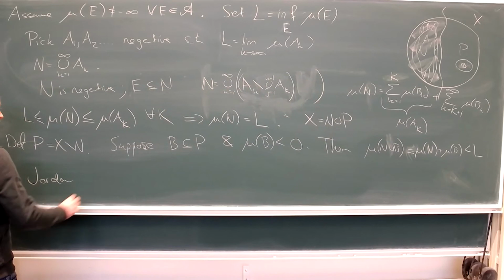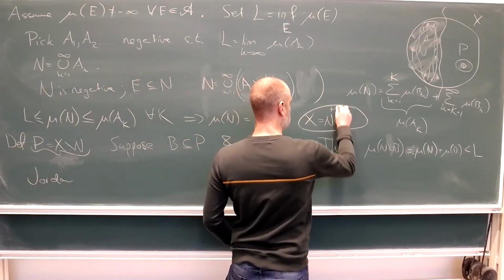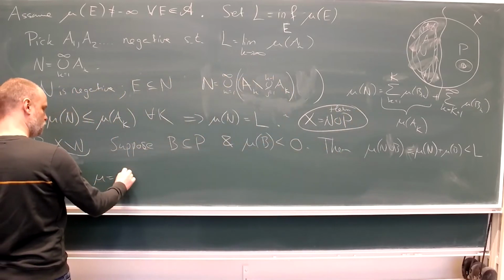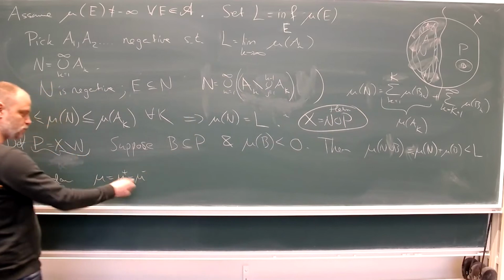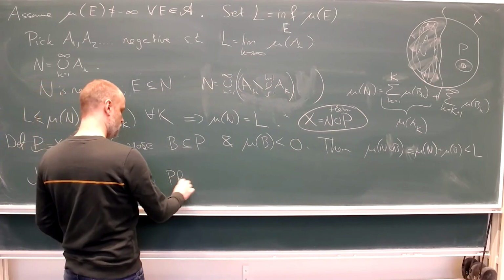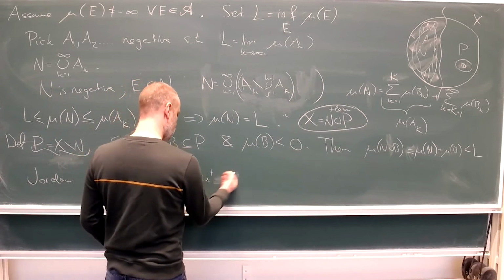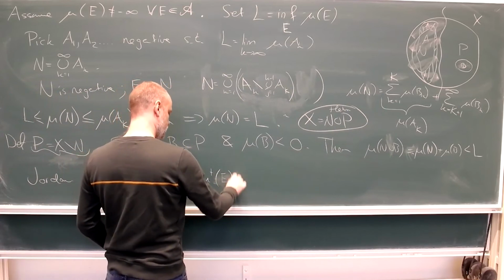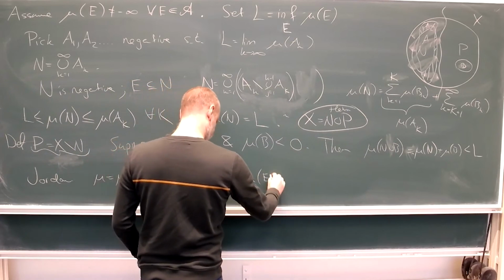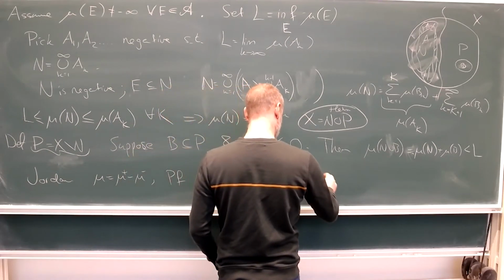So Jordan against Hahn. Well, this is Hahn. And Jordan, well, it says that you can write mu as mu plus minus mu minus, where these are measures in the classical sense. And the proof: let's define it like this. Mu plus of E is equal to mu of E intersect P. And mu minus